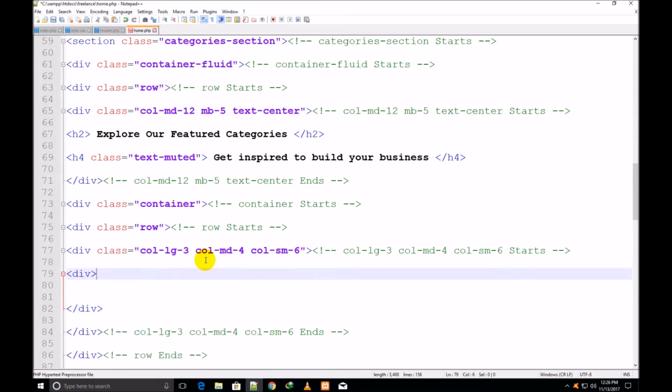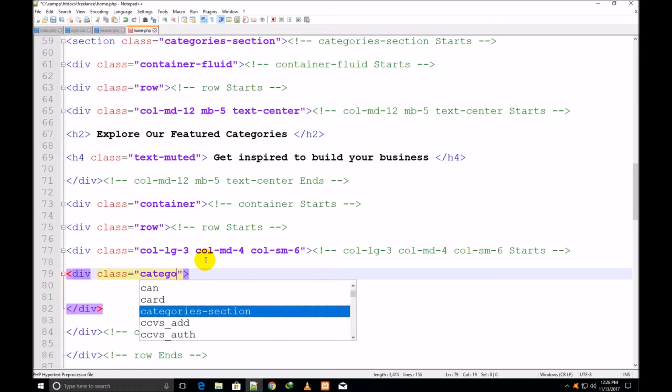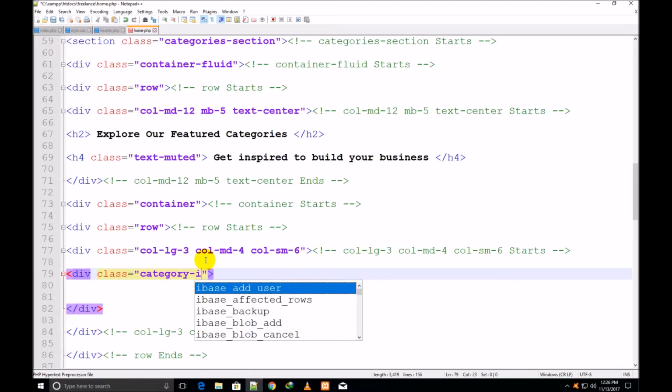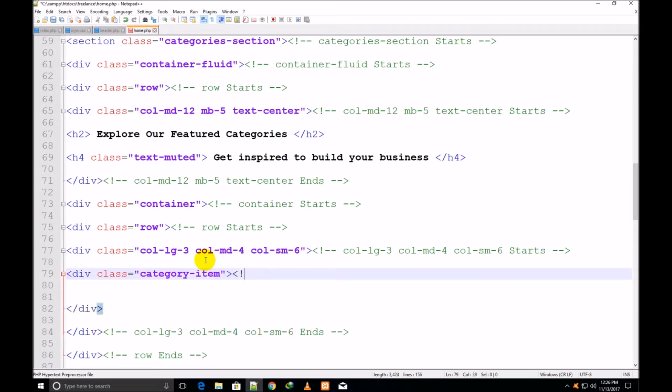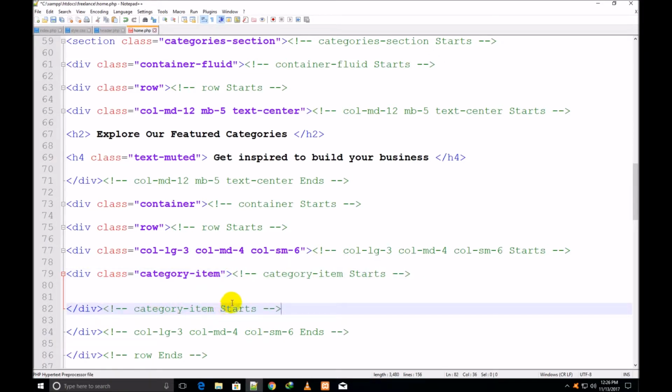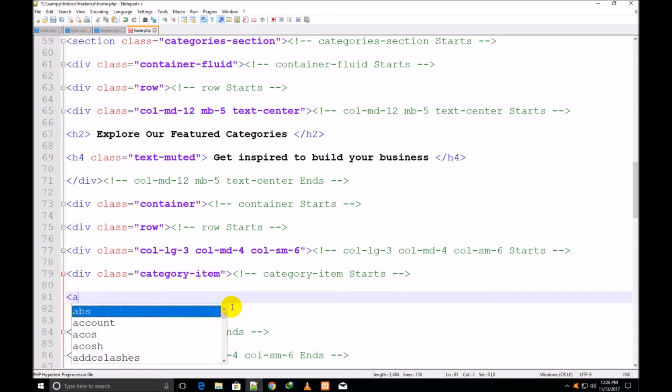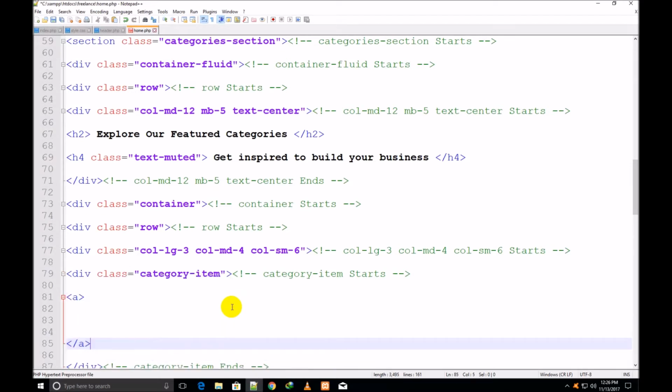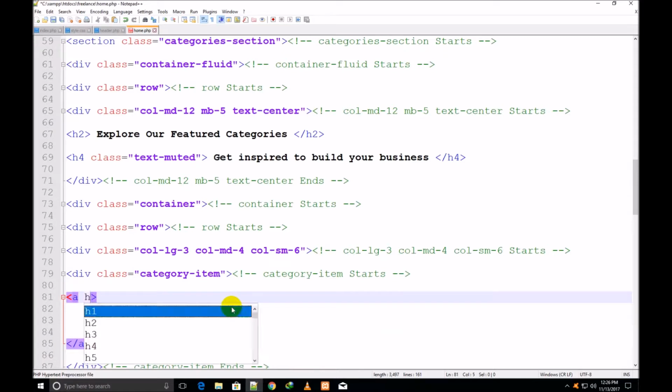Now I make one div inside this div and I assign it a class category-item. Now I copy this class name and paste it inside the comment, category item starts and ends. Now I make the anchor tag inside this div